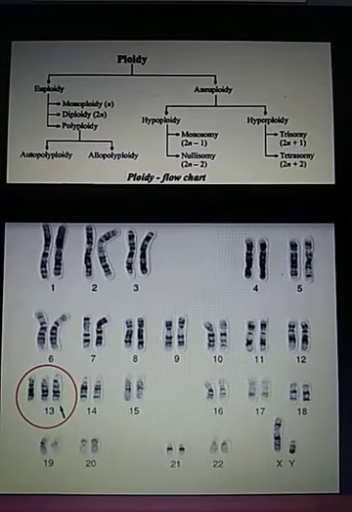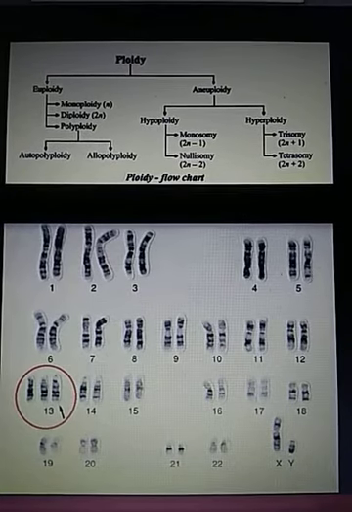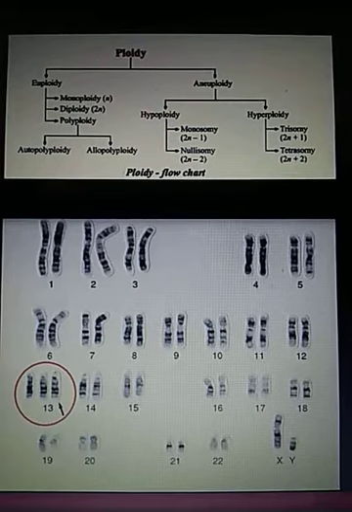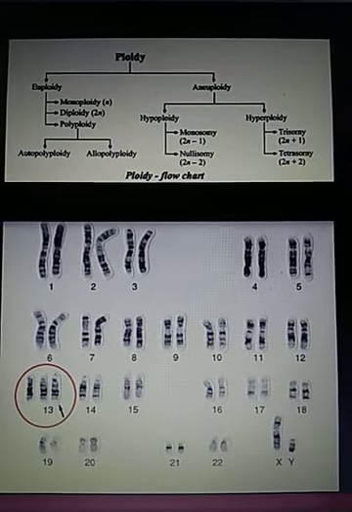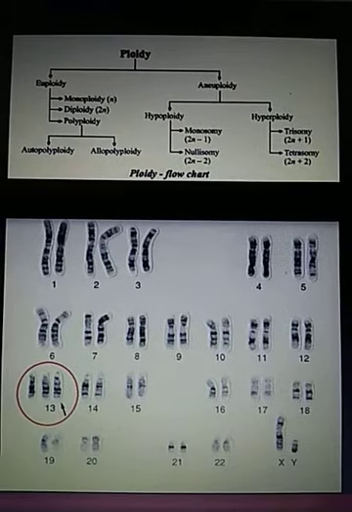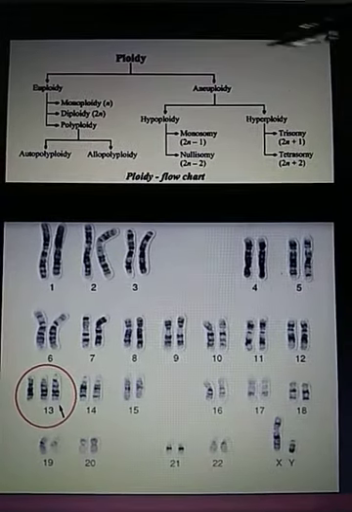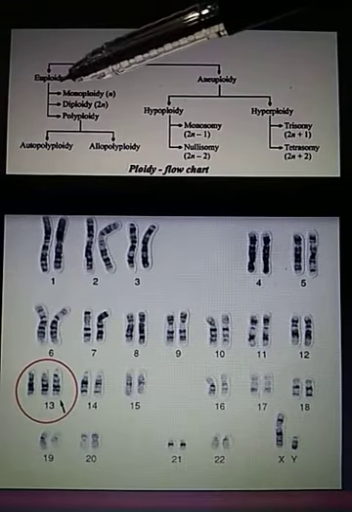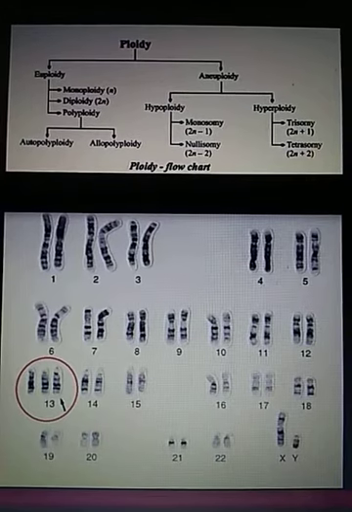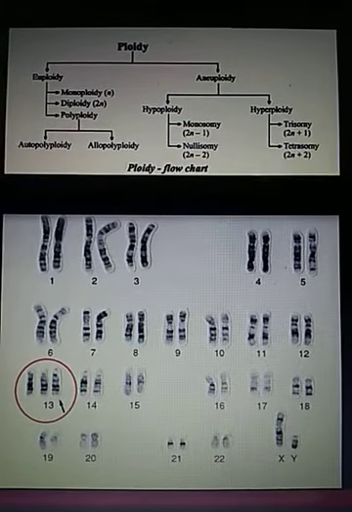Heteroploidy not only means the complete duplication of the haploid or diploid number, but even a duplication or deletion of a single chromosome. Now let us understand the different types of heteroploidy one by one. As you can see in the figure, it is mainly classified into two groups, euploidy and aneuploidy. So what is euploidy, what is aneuploidy, and what are their various broad classifications? Let us understand each of them one by one.